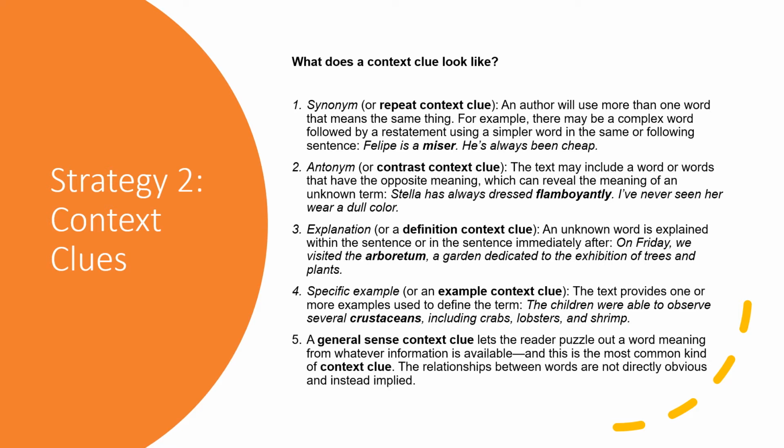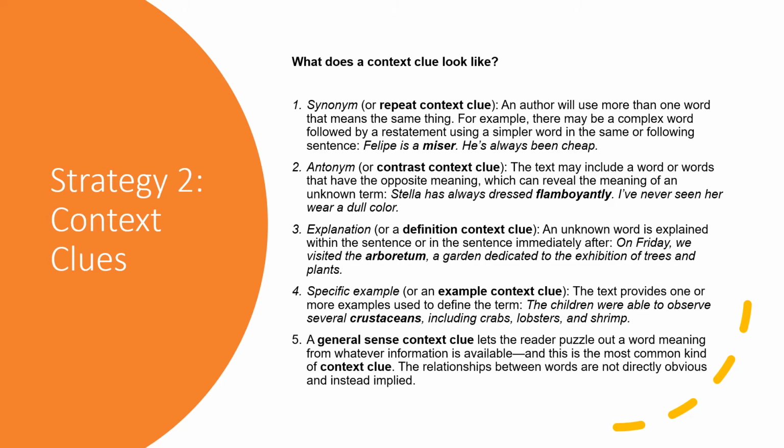Our second strategy will be to use context clues. So I've included this as part of your handout as well. What does a context clue look like? These are the 5 basic tips about how authors incorporate context clues. Sometimes they use synonyms, sometimes antonyms, sometimes explanations, sometimes specific examples, and then sometimes what we call general sense context